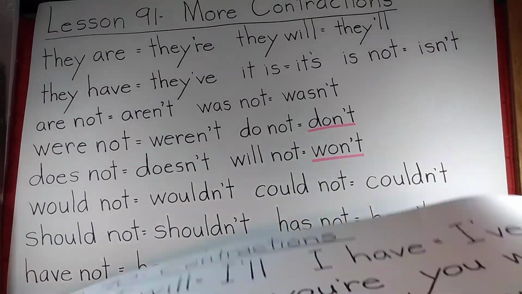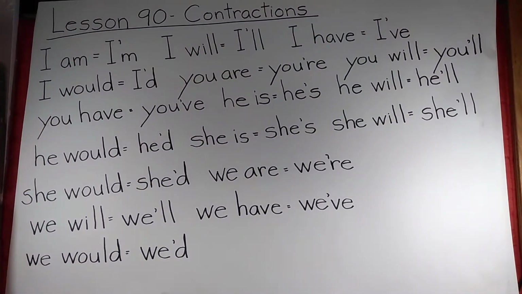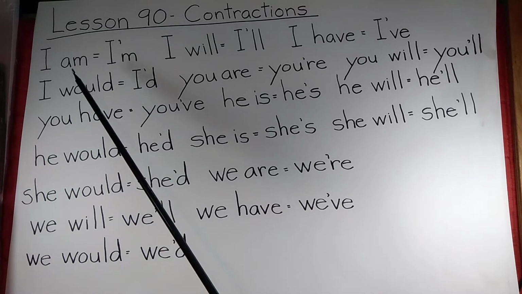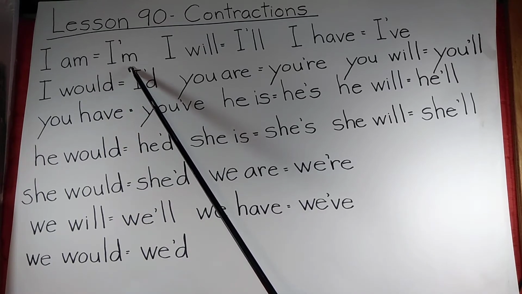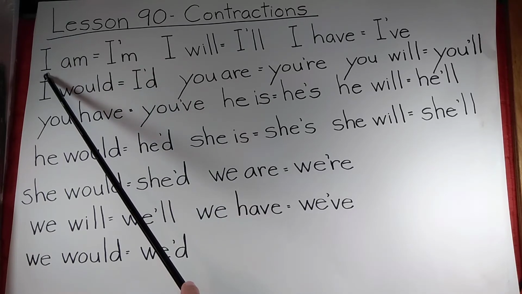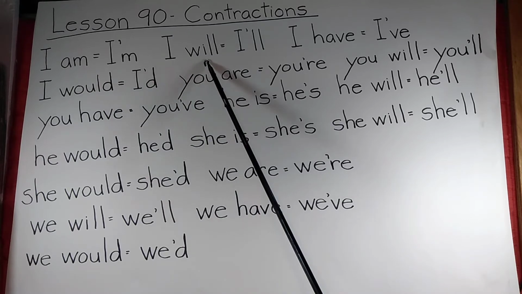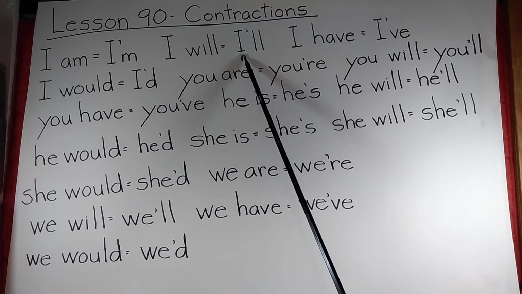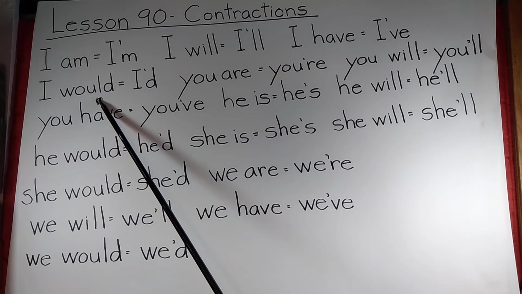and we'll start with the contractions. And once again, as I did last time, I'm going to say the first two words. Students, you say the contraction. So, I am, I'm, I will, I'll, I have, I've, I would, I'd,